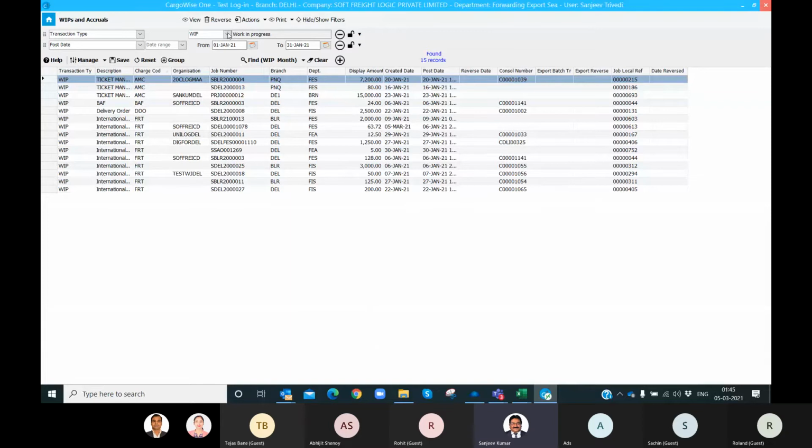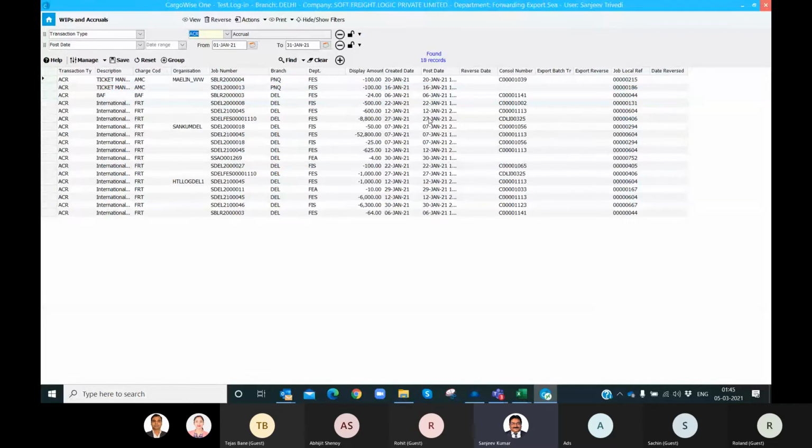Like accrual January month, all accruals I am searching, and there are 18 records. Now if you see here, like this one, on 12th January this accrual was posted inside CargoWise. It means an estimate was put inside CargoWise.